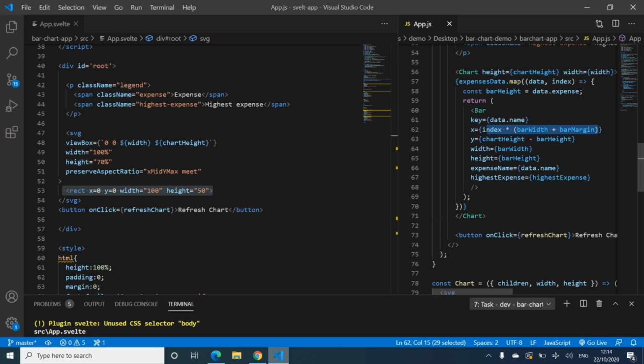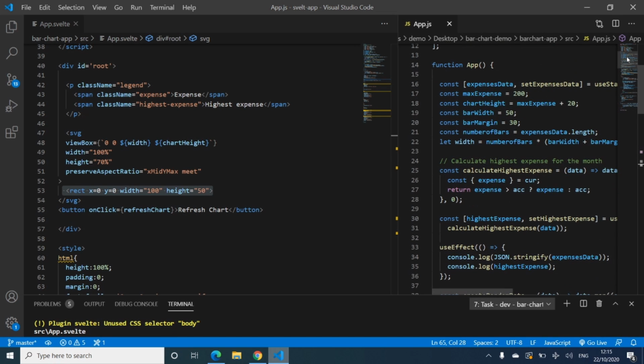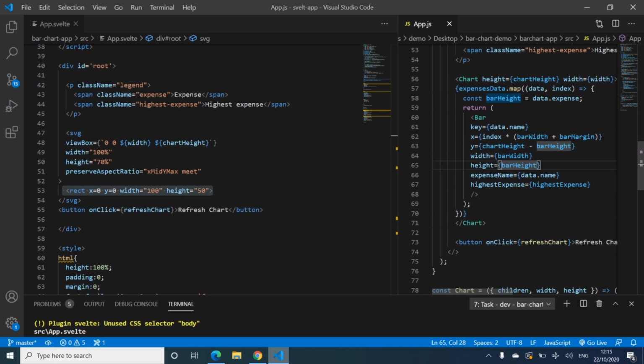Bar index times bar width plus bar margin, that's the x coordinate, and the y is chart height minus bar height. So this will work out the x and y coordinates, and the width is bar width, and height is bar height. They were the initialized variables that we declared here. Okay, so what we can do is